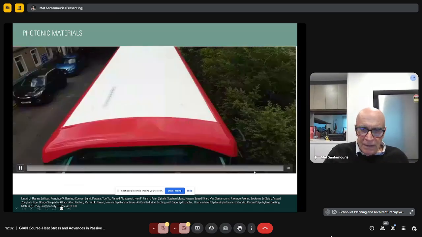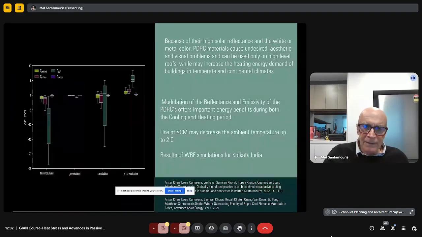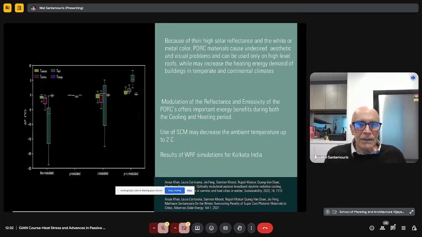We have data from many buses this summer, and now we analyze to see the performance. The performance seems to be very promising. This is a new paint that is going to be commercially available next month. But is there a problem with these materials? Yes, there is a problem with these materials.